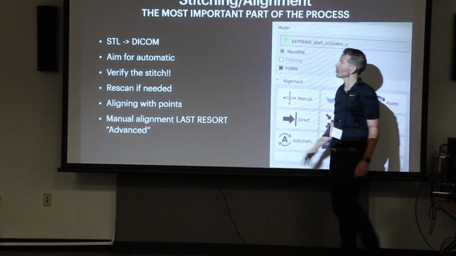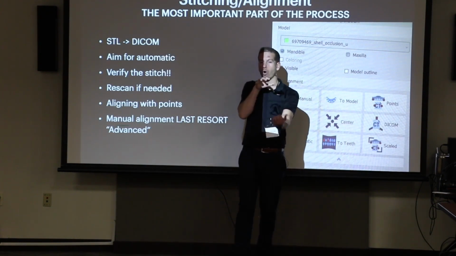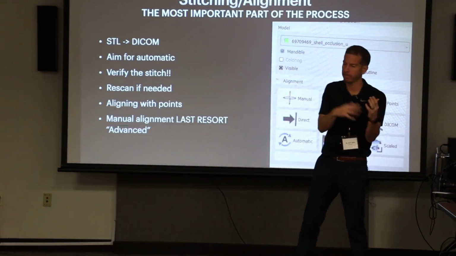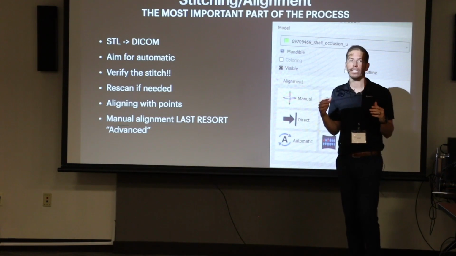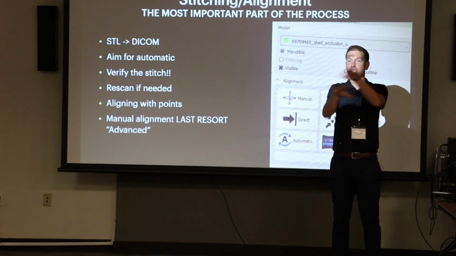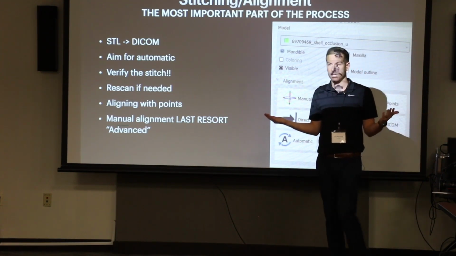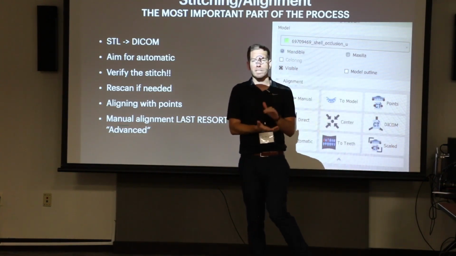So stitching is really taking an STL and matching it up with a DICOM, because when they overlay together, that's where the magic happens, where we can plan teeth, we can plan implants, we can plan all these things together. So we have to get that alignment correct. If we brought these two files into Blue Sky Plan and they were stitched off like this, the entire process is done, right? So this is a super critical part of this whole thing, because if the alignment isn't correct,